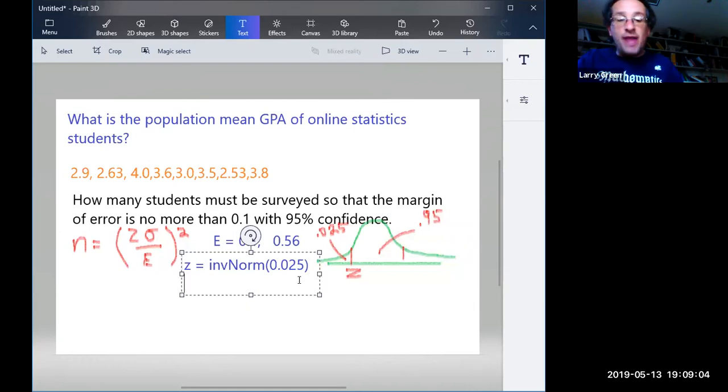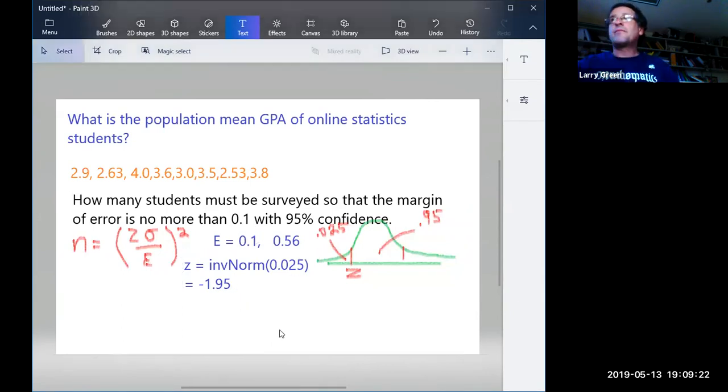And when you do that, I'm going to assume you all know how to do that because I only have so much time left. You get about negative 1.96. Any questions on that? Okay, and what we used with the empirical rule is we said -2, but now we can be more accurate because we know inv norm is the way you actually get that. Any questions so far on what we're doing? Hopefully you're seeing how we're bringing everything together now.